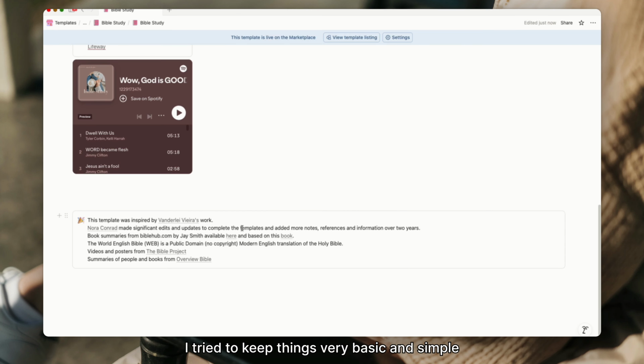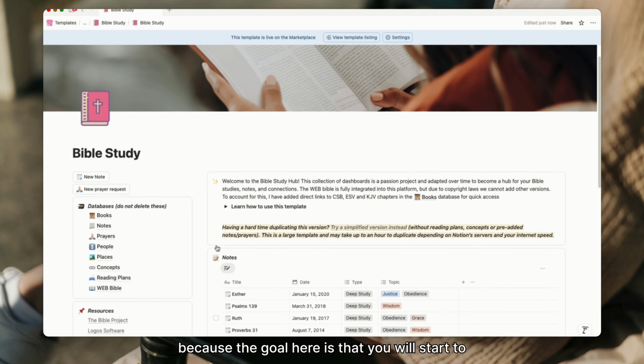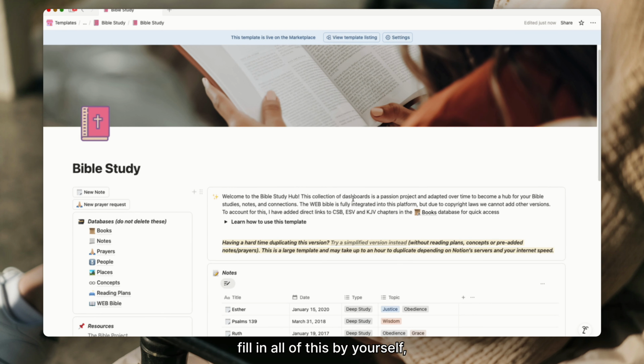I tried to keep things very basic and simple because the goal here is that you will start to fill in all of this by yourself through study, through ongoing notes,